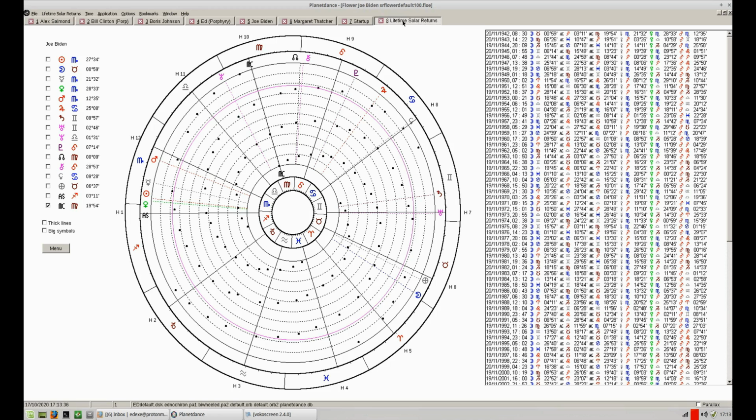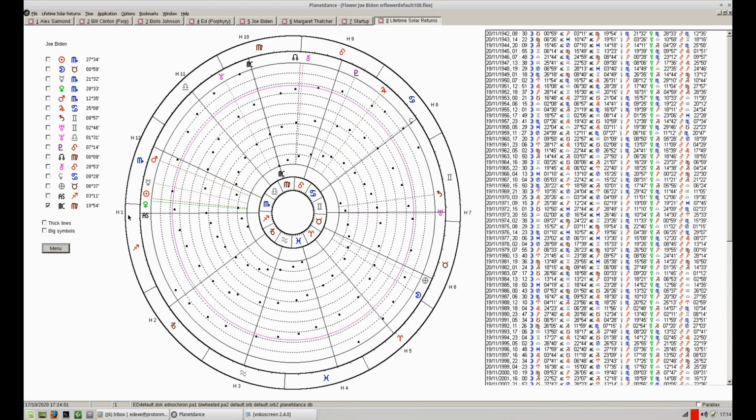You'll see that the menu appears, Lifetime Solar Returns, and you can access the various options through that menu. You also have an alternative menu option. You can click on there and bring up the same set of menu items.